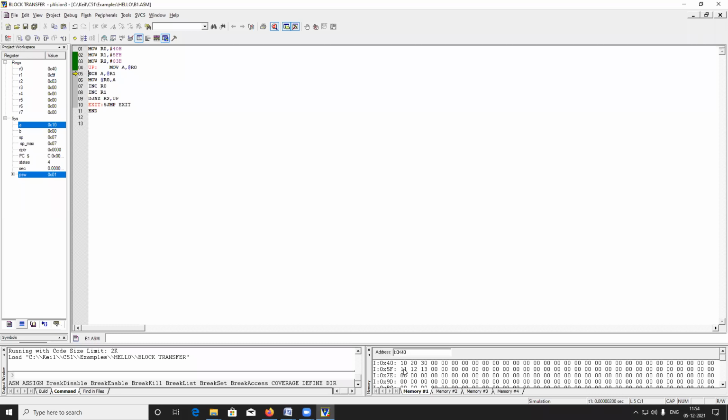See here, I am showing the arrow. What will happen? 5F is 10, but 40H is 10, no change there. But here accumulator value will be changed to 11. So the value at 5F, 11, comes to the accumulator and the accumulator value 10 goes to 5F. After that we have to exchange the block. So you have to replace this 40.